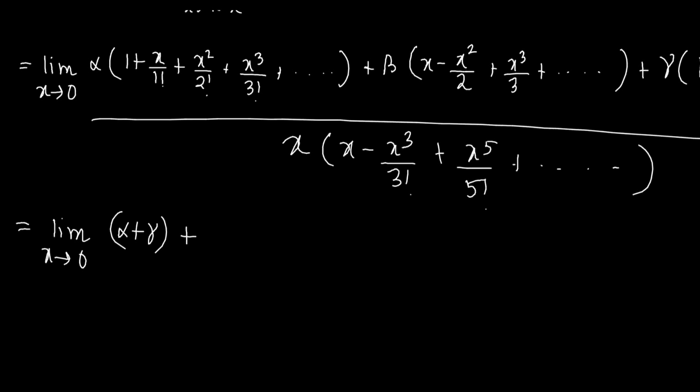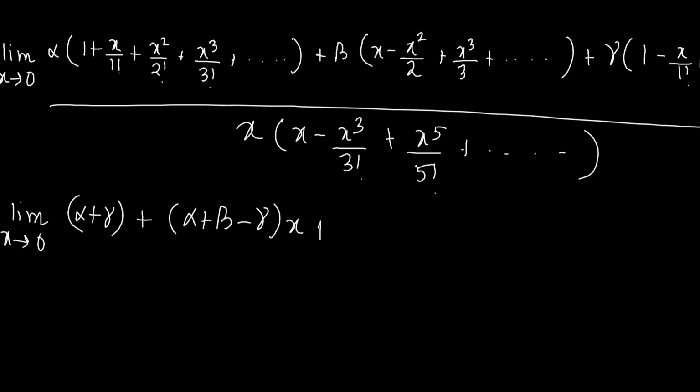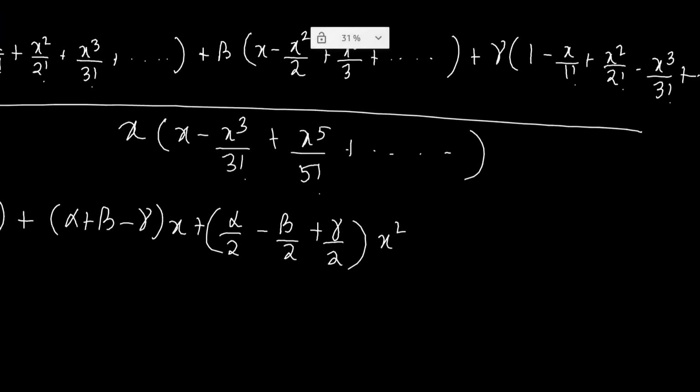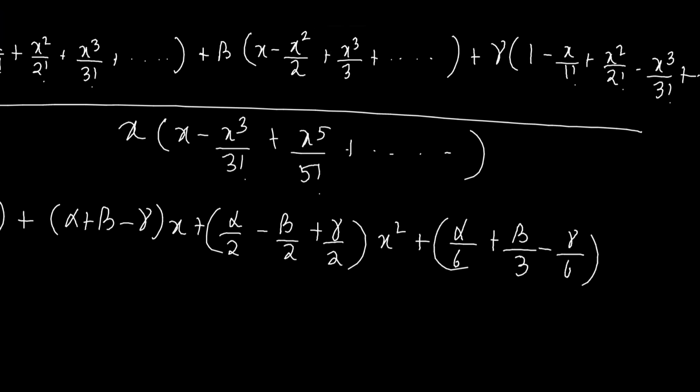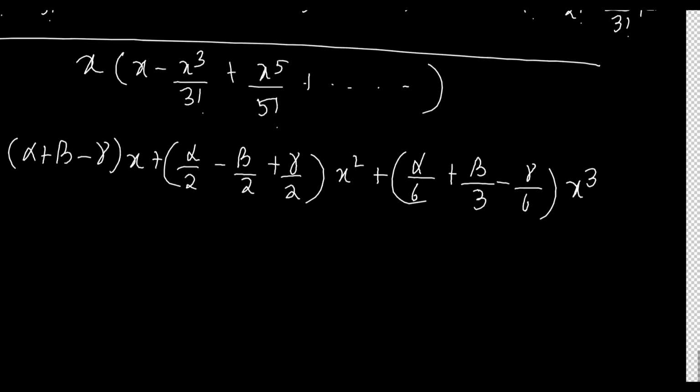Okay, now we will write the coefficient of x, that is alpha plus, if you just simply solve this, you will get like this one. Okay, in the next step, what is the coefficient of x squared? It is alpha by 2 minus beta by 2 plus gamma by 2 into x square. Okay, plus this is alpha by 6. What is the coefficient of x cube here? Beta by 3 minus gamma by 6. This is the coefficient of x cube. Okay,